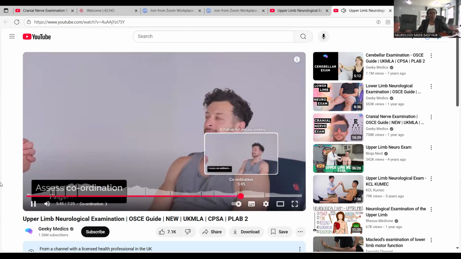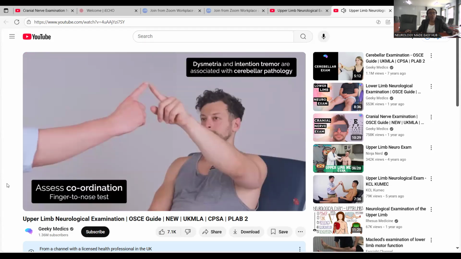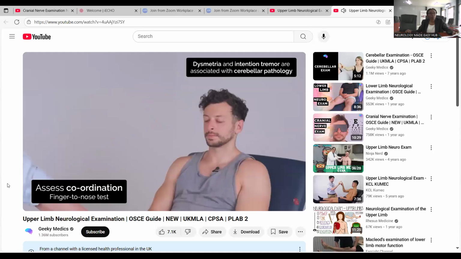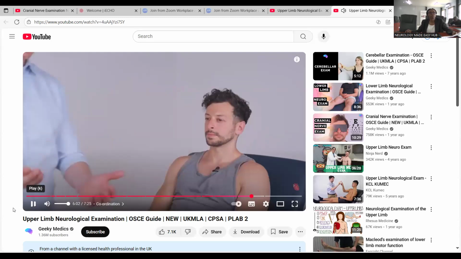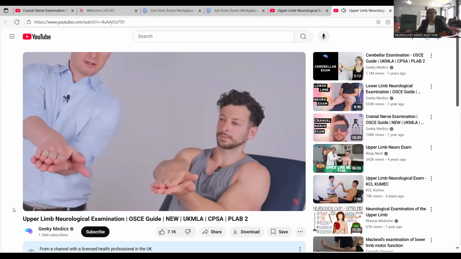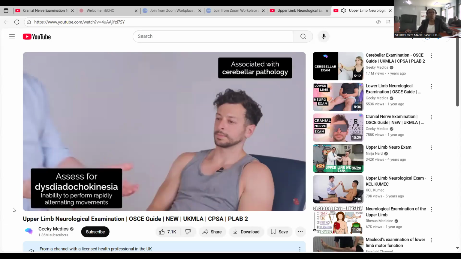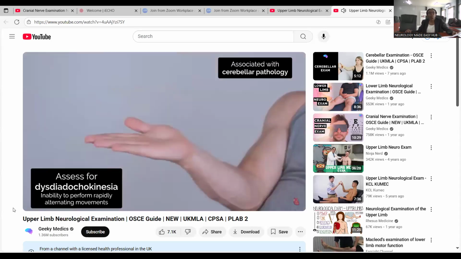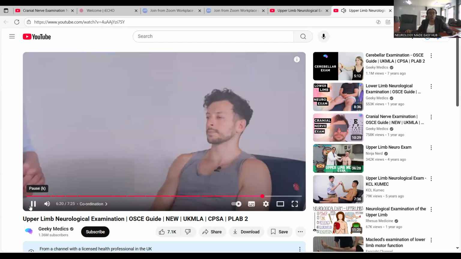So with this finger, can you touch your nose and touch my finger and go back and forth? Good. Try the same with this finger. Good. Great. And can you place one hand over the other like this and turn it over and go back and forth as quick as you can? Good. And try the same with the other hand. Good. That concludes the